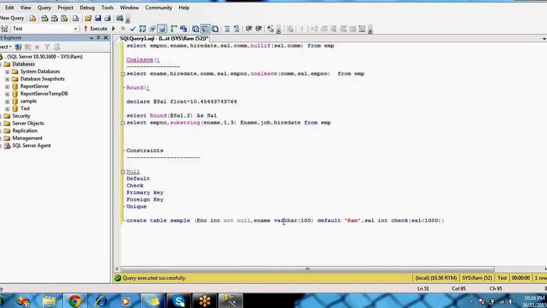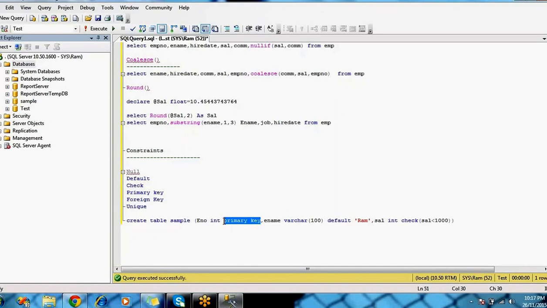Right? So what is the primary key constraint? What exactly does primary key mean? A primary key is a constraint. It identifies each record uniquely. It gives uniqueness for each record in a table. So if you are applying a primary key on a particular column, say employee number as the primary key, what will it do? This constraint does not allow duplicate values.